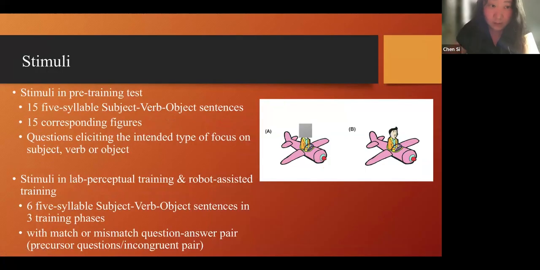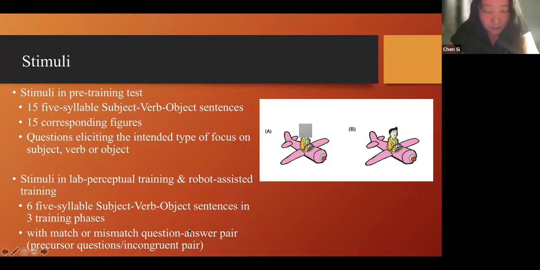For the stimuli, it's similar. For the pre-training test, we also have these 5-syllable subject-verb-object sentences, and we also have the corresponding figures. It's similar to the example that I have just shown you, to elicit focus marking. And for the lab perceptual training, we also have 5-syllable sentences.